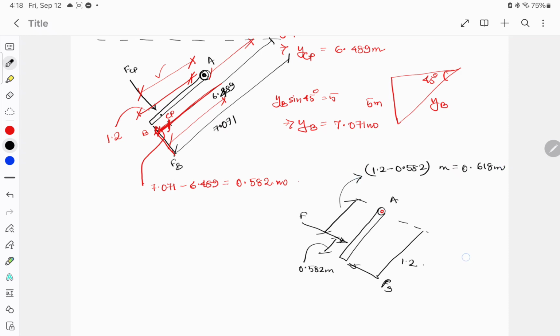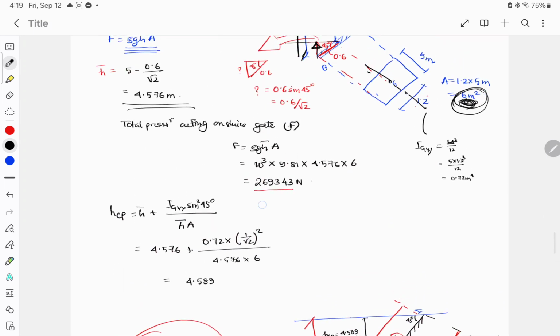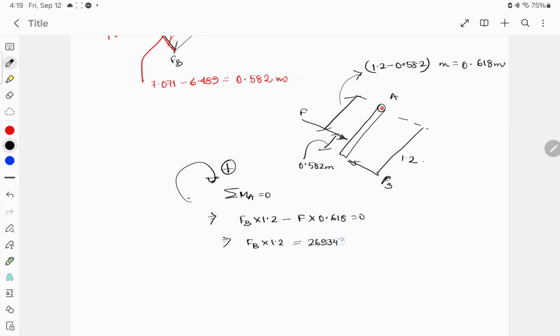0.618 meters. Okay, so अभी just summation of moment about A equal to 0 करिए. so क्या होगा, FB और ये वाला मोशन को हम अगर पॉजिटिव पकड़ते हैं तो FB इंटू 1.2 माइनस F इंटू 0.618 इक्वल टू 0। F का वैल्यू पुट करिए, FB का वैल्यू आपको क्वेश्चन में निकालने दिया है। तो F का वैल्यू हम लोगों ने कैलकुलेट किया था 269343. सो वही पुट करना है, 269343 इंटू 0.618। सो फोर्स एट B कितना लगाना पड़ेगा, गेट को खोलने के लिए